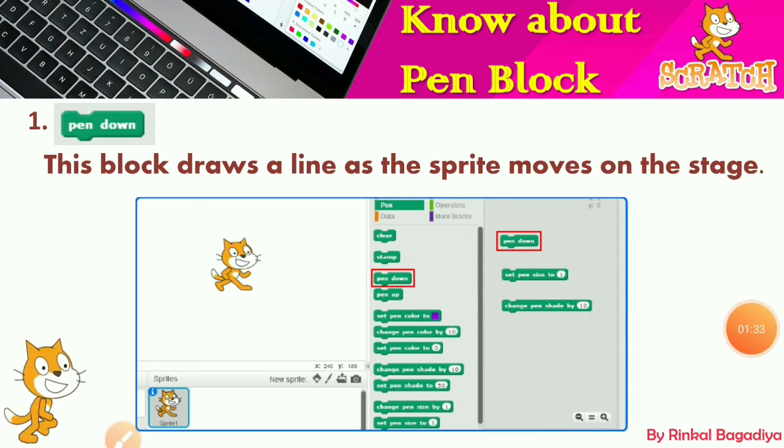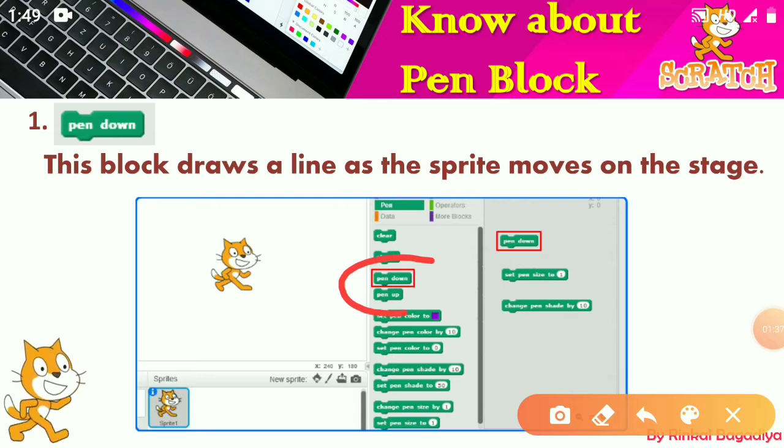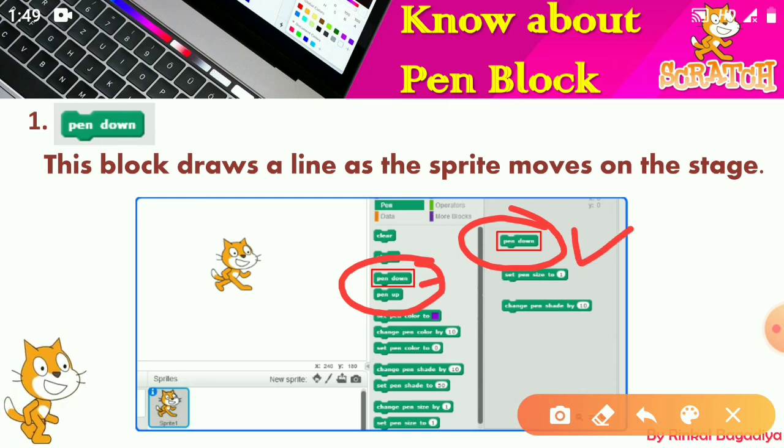Yes, this red rectangle is the pen down block. If you want to use this, you just have to click on this block from here and put it on the script area. So this pen down block draws a line.